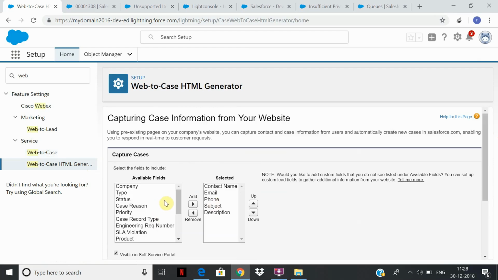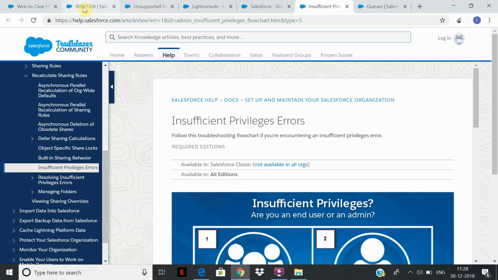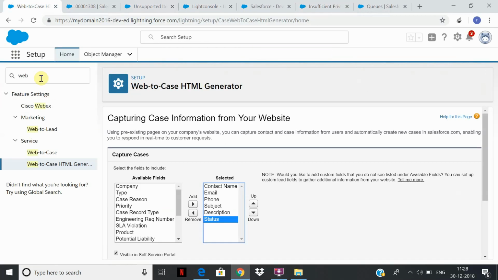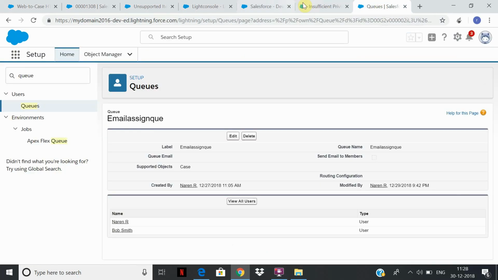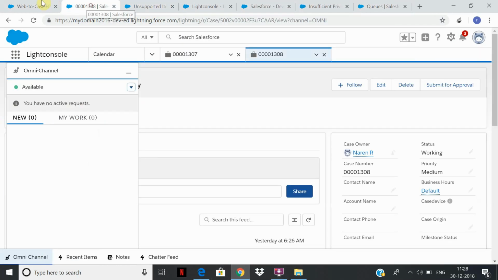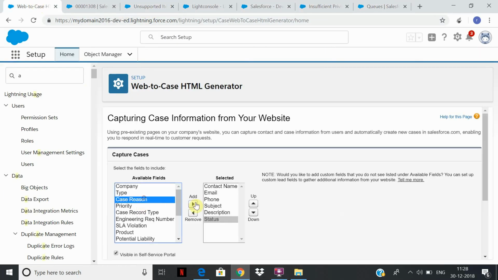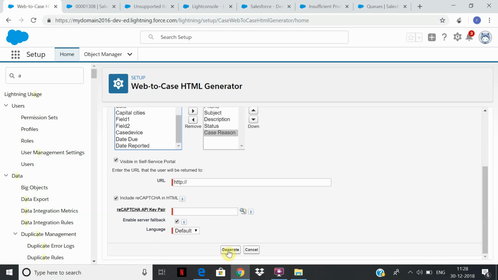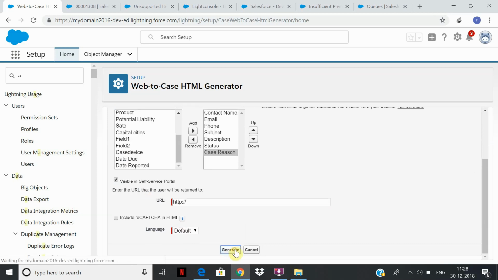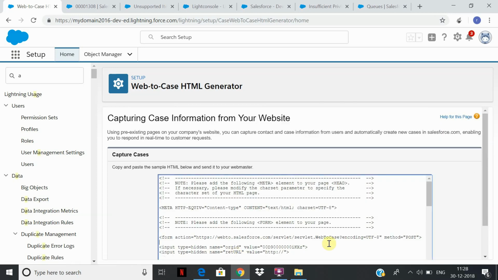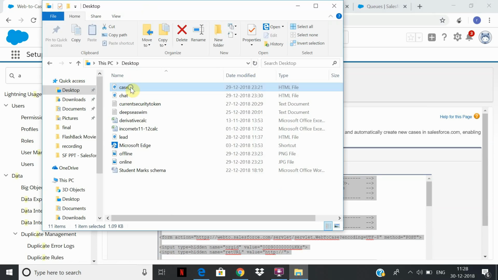In my case, I have overwritten my HTML file. The assignment rule says case reason, case type. These are some of the values that we need, and that should be okay. With that, we should have no need of captcha. Generate the HTML. So let's go to the case.